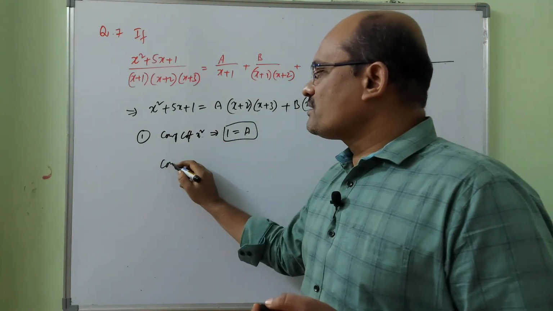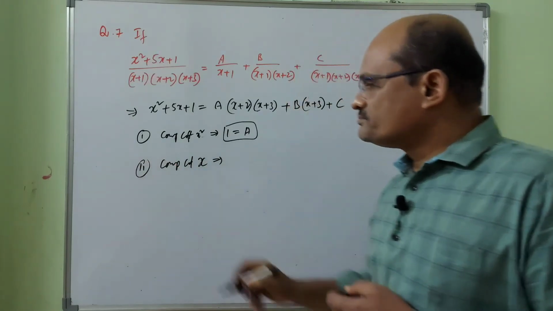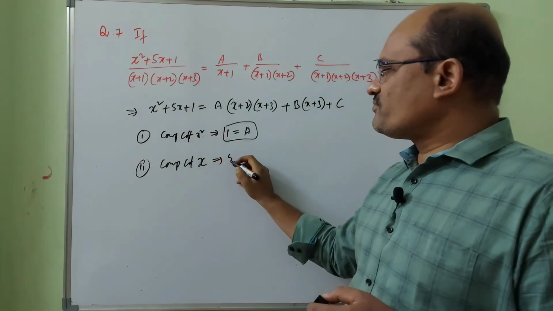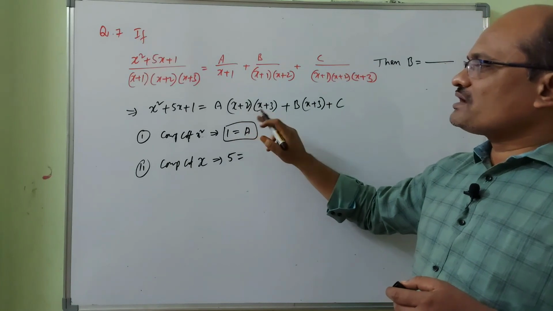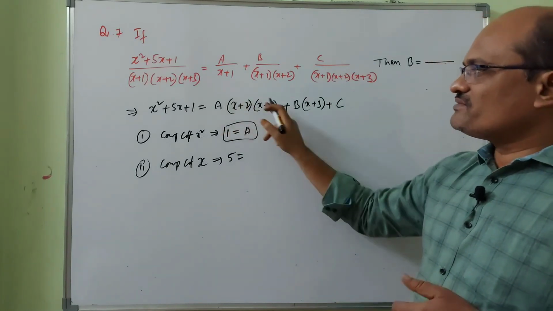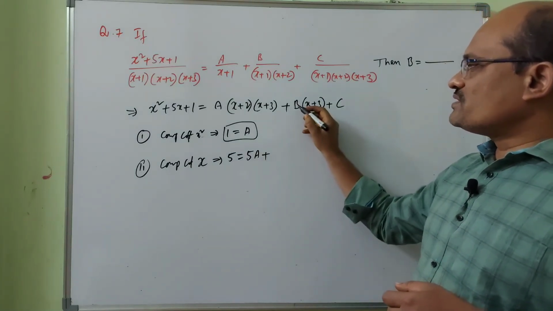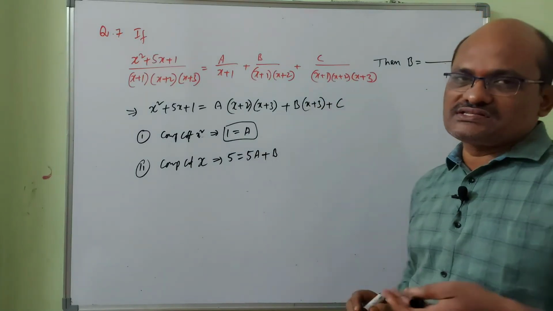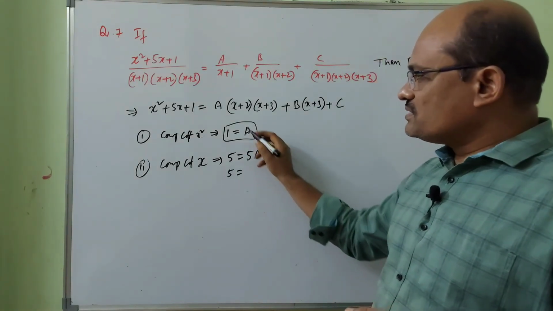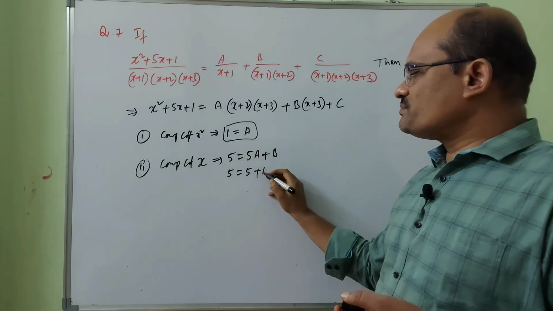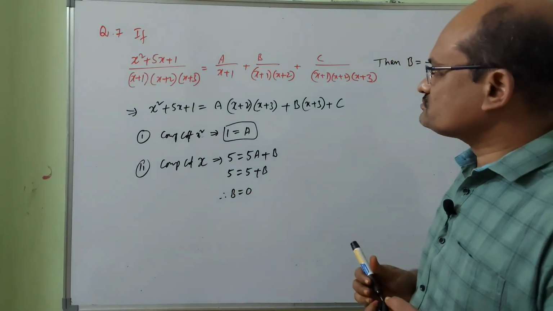Now I am comparing the coefficient of x on both sides. Here the x coefficient is 5. Here if you multiply these two factors, what you get? x square plus 5x plus 6. Multiply with a, the x coefficient is 5a. Here the x coefficient is b. No x coefficients here. So 5a plus b is 5. 5 is equal to, a is 1, you put here, you will get 5 plus b. So the value of b is 5 minus 5, 0. 0 is the answer.